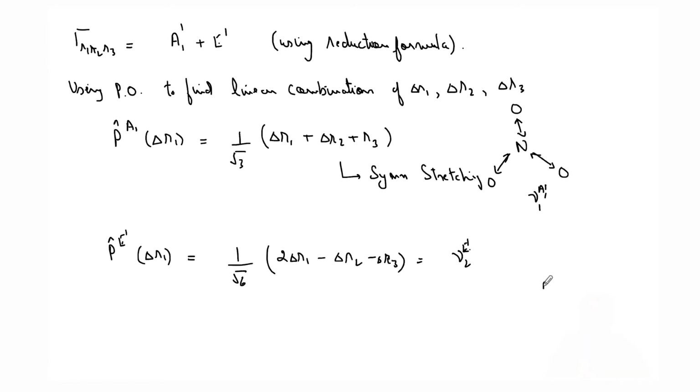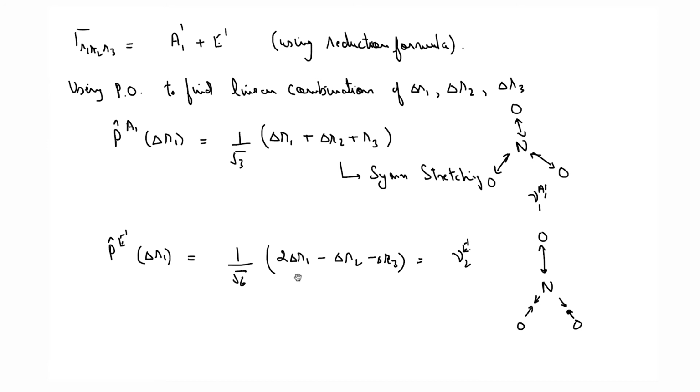And now you can draw it as one of the bonds increasing in length and the other two bonds compressing, right? So these are getting shortened, this is getting increased. So this will be the second mode. Now you should get two linear combinations here which are orthogonal to each other. We have already got one. So how do you get the second one? To get the second one, again, it is not trivial and you need to use hit and trial.